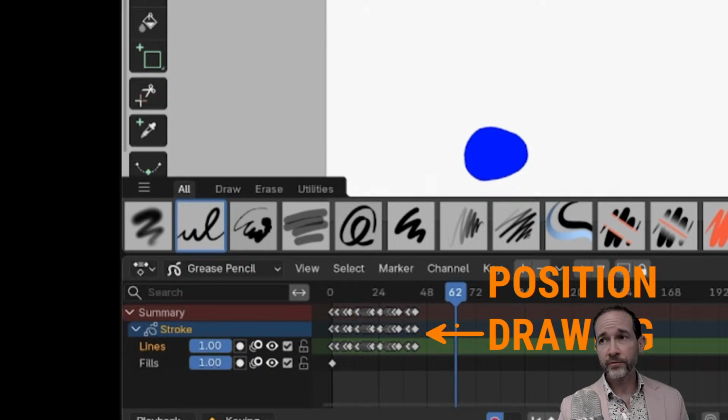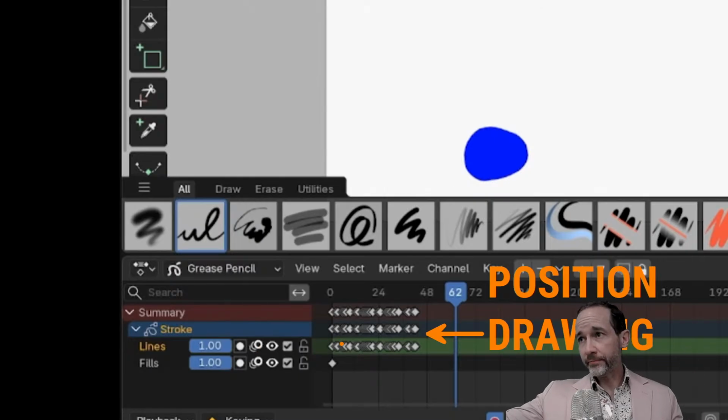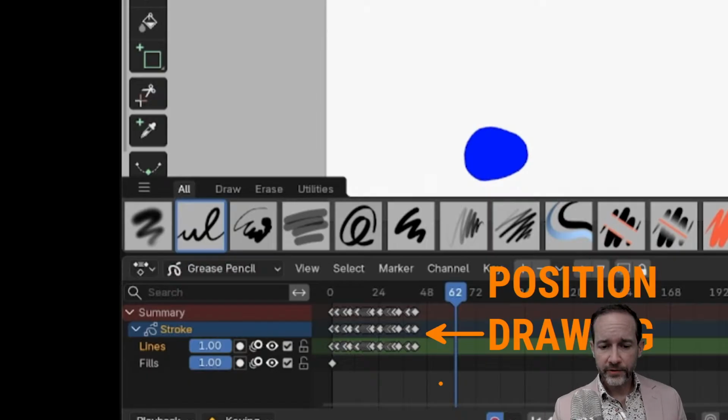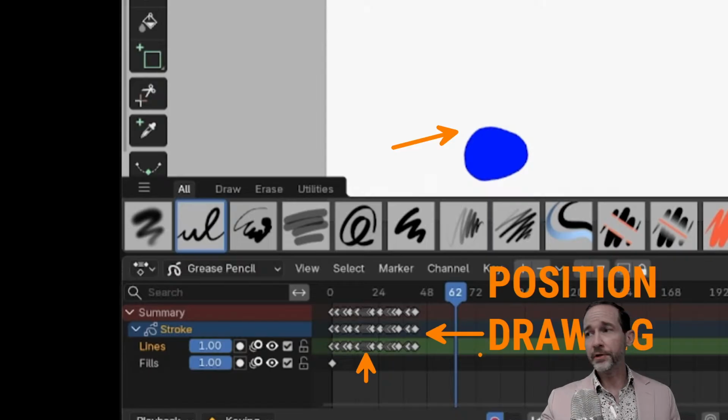Once we go into grease pencil mode and we're using it like this, each of these keyframes is a whole frame. It's a whole drawing, right? And I think there's way more diamonds than I see positions up here, which is telling me that perhaps some of these drawings are blank. So that's why the ball is flickering away at some point.